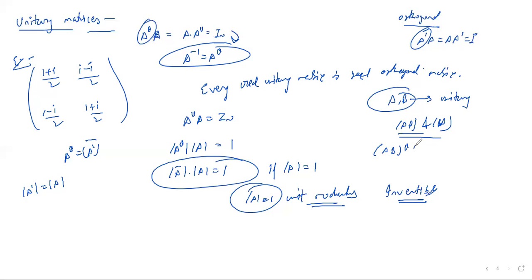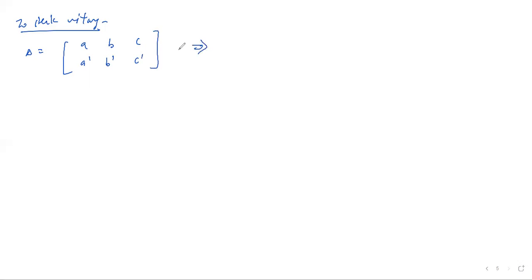AB theta into AB has to be equal to identity. Okay, just like we have done in the orthogonal case, you can also check it here for unitary matrices. Okay, now to check for unitary, say I have a matrix A whose rows are, let's say, A, B, C and A transpose, B transpose, C transpose. Let's say this is my U vector and this is my V vector. Then if the corresponding dot product U dot V is equal to 0, then we say that it is